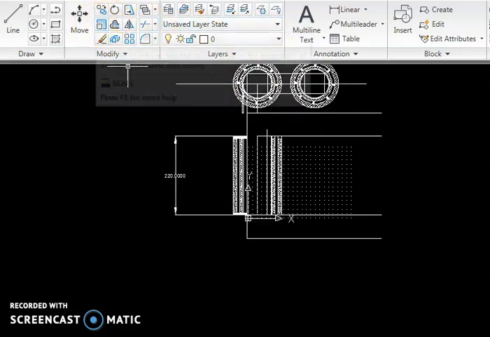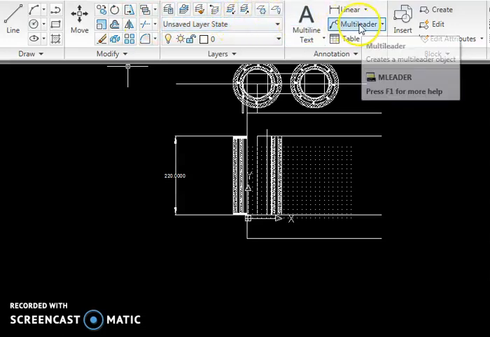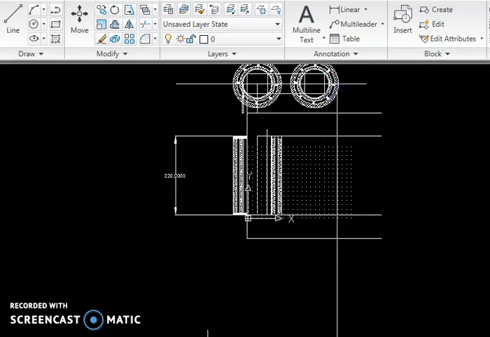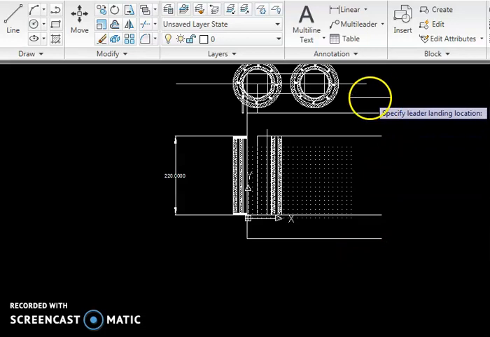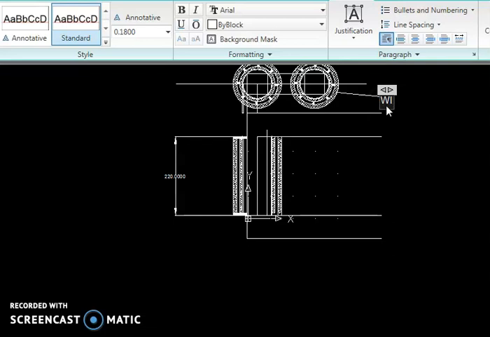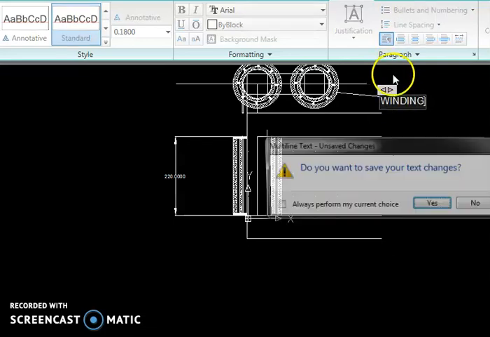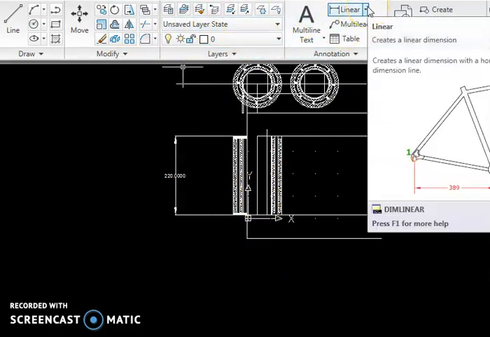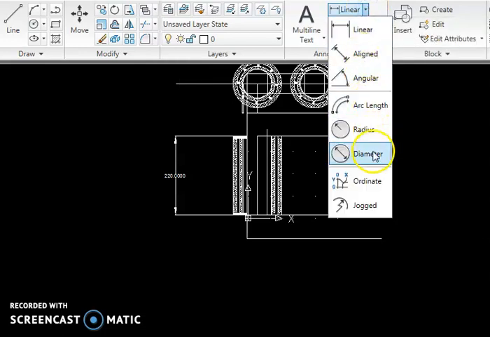Then if you want to name anything like this, you can name. Here there is something known as multi line leader. Just drag like this and write wherever you want to move, you can move that. Then you can write here like this. If you are writing any text like winding, you can write LV winding, HV winding, like this. Okay. Next, again here also you can increase the text size, everything. Just by clicking this you can change. And one more thing, to draw your diameters also you can